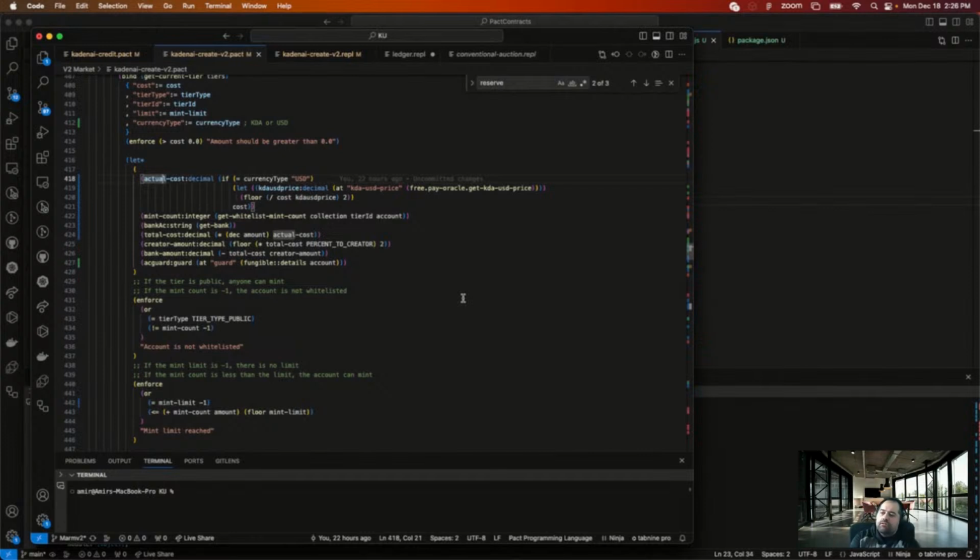Total cost amount times the actual cost. So then total cost.